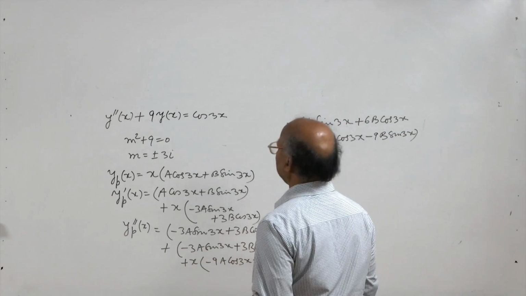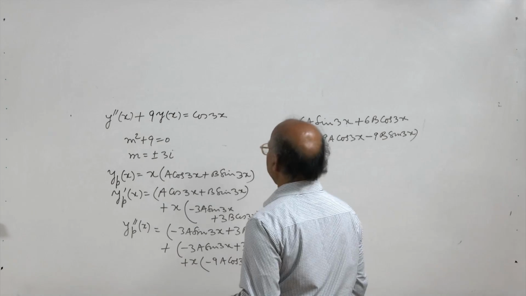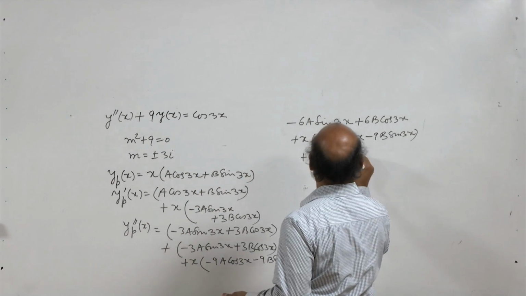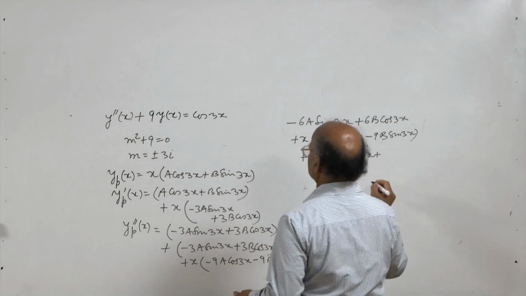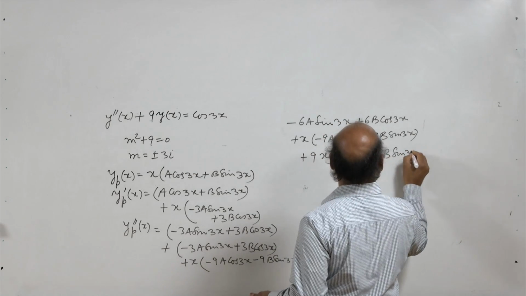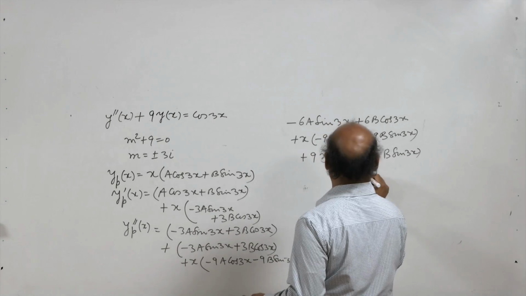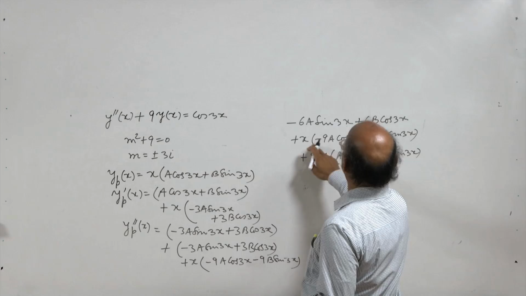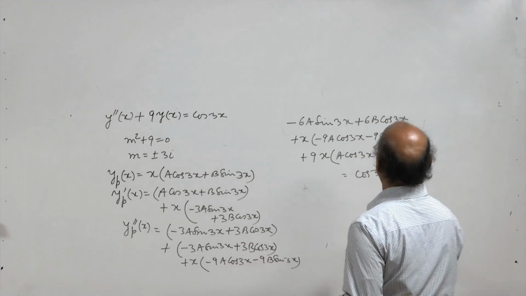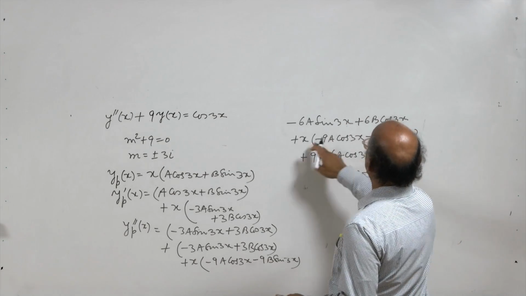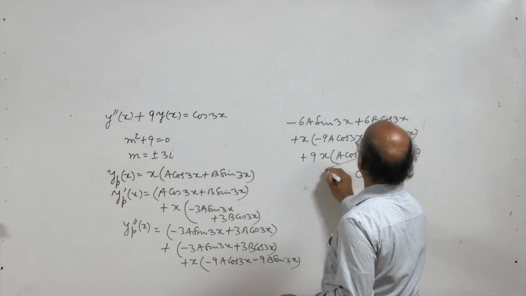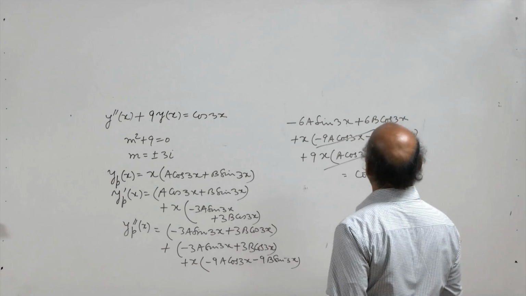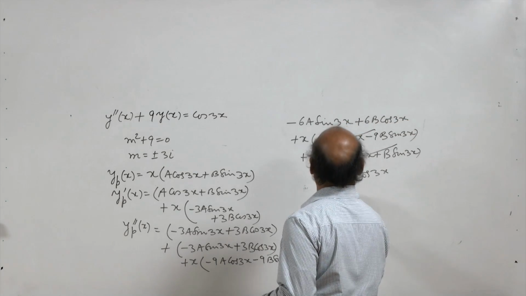So this is yp double dash plus 9 times yp(x), so 9 times x times a cos 3x plus b sin 3x, equal to cos 3x. Now 9xa cos 3x will cancel with minus 9a x cos 3x, and 9xb sin 3x will cancel with minus 9b x sin 3x. So this and this cancel. Now equating the coefficients of sin 3x and cos 3x on both sides,